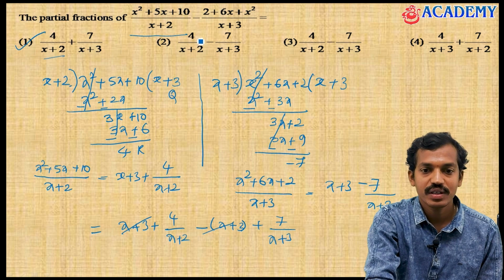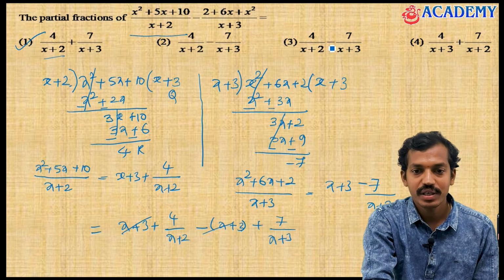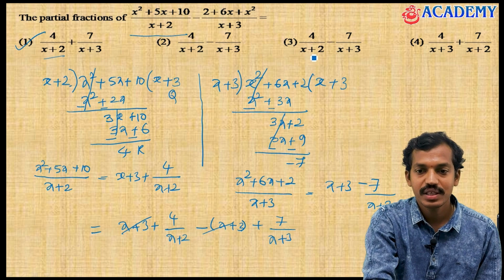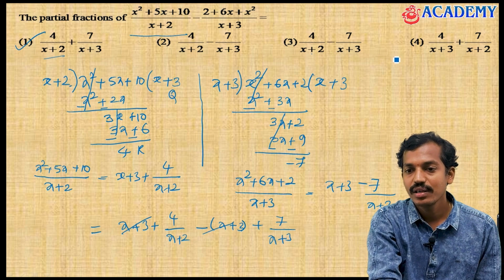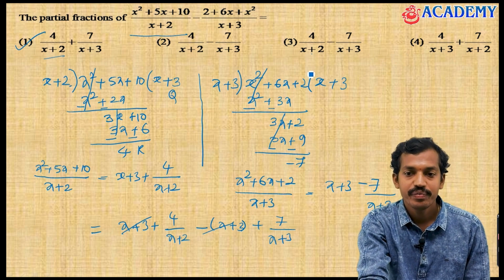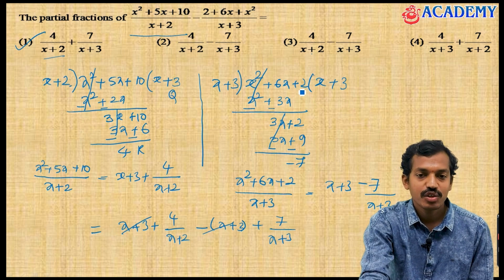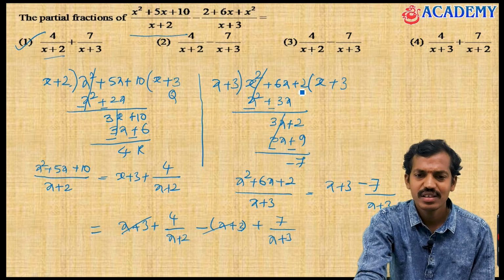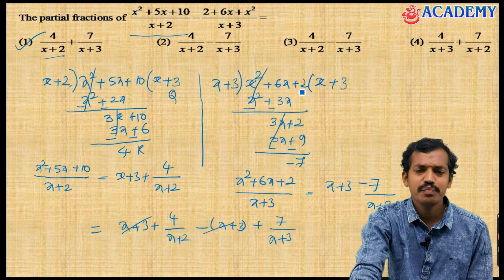Here, for x plus 2 the factor is 4 but minus is there, and here also minus, so the same options are given. Either way it is going to be different; here plus is there, but the factor for x plus 3 is 4. Right, this is the partial fraction topic problem, very easy, nothing is there. Let's move to the other problem. Okay, let's see the problem. See, simple, nothing is there.